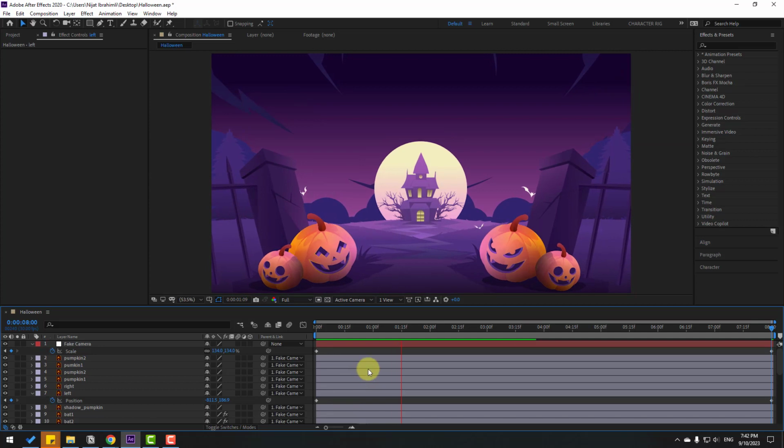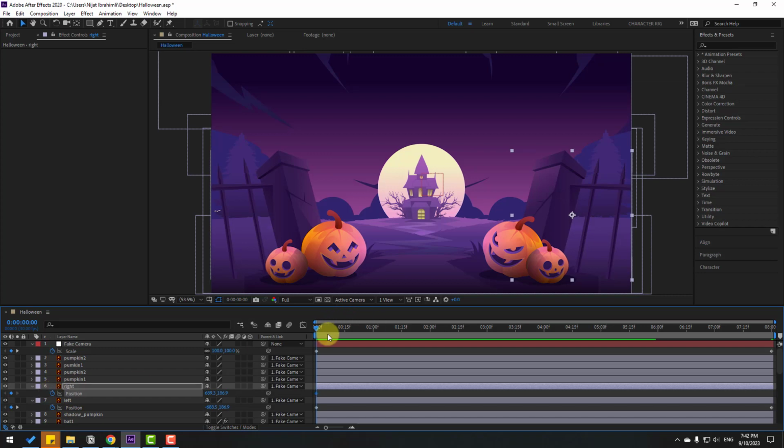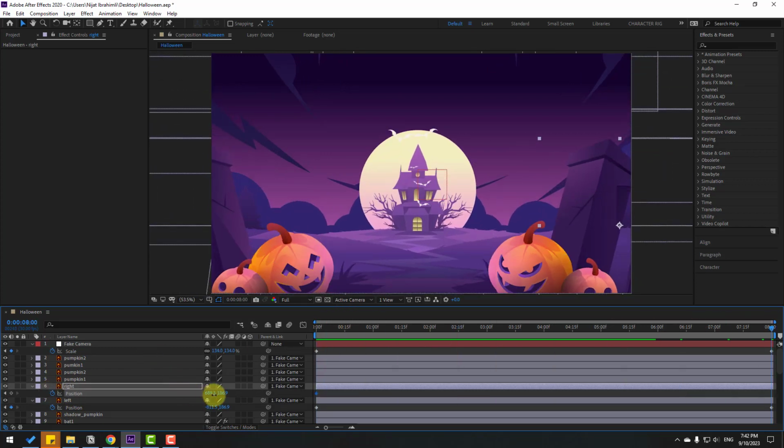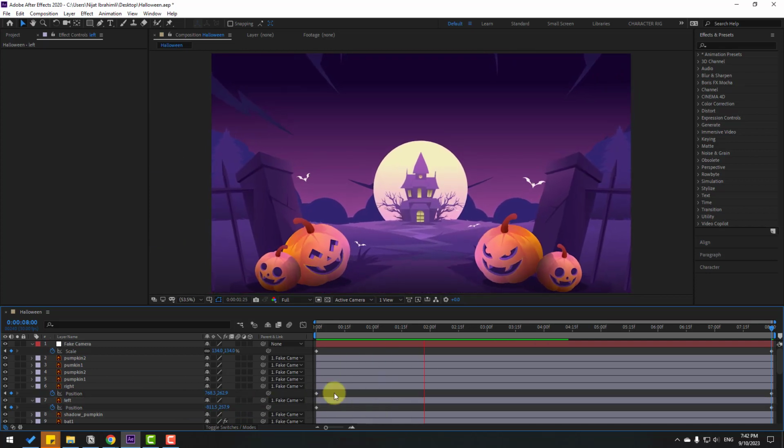Let's see. Okay, and select this right layer, press P, make a new position keyframe, go to the next keyframe and move to the right and move down. Also select this layer, left side, move down. Let's see. Okay,